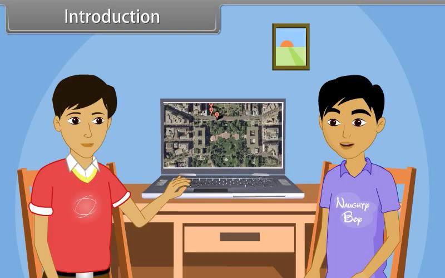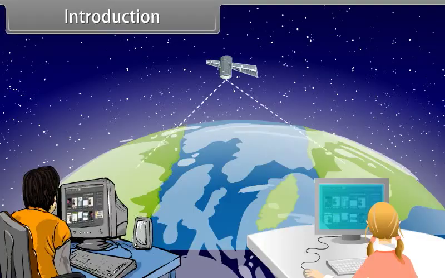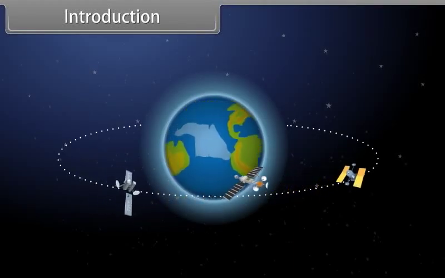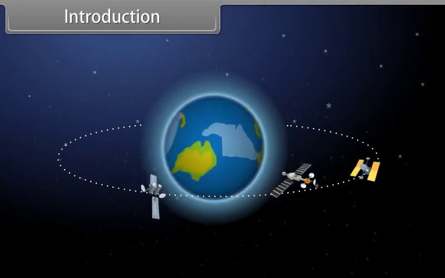Nice, it works well. But I want to ask you how it works. How is it possible to see anywhere in the world sitting at home? It is possible just because of enhancement in science and technology. It works on the principle of satellite communication. The satellites scan the data of Earth and transmit it to Earth at regular intervals of time.